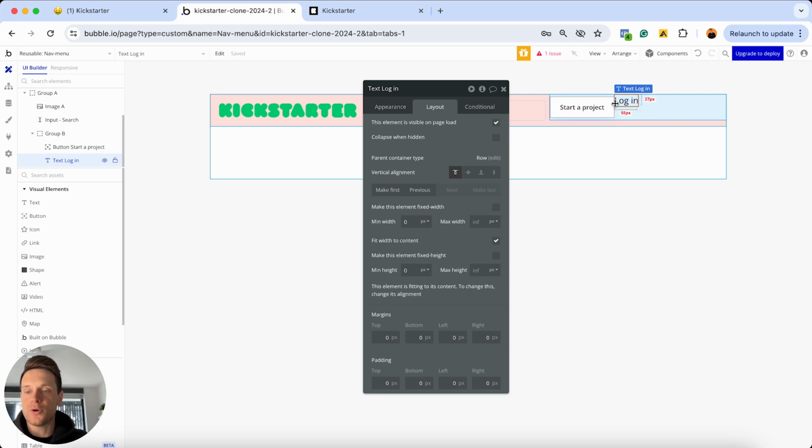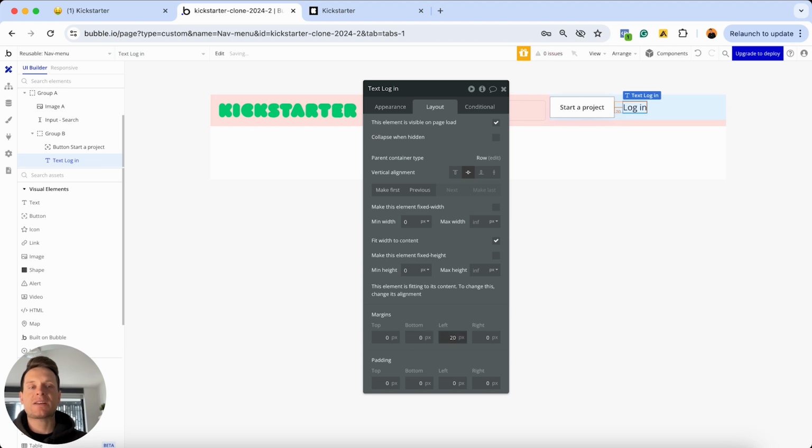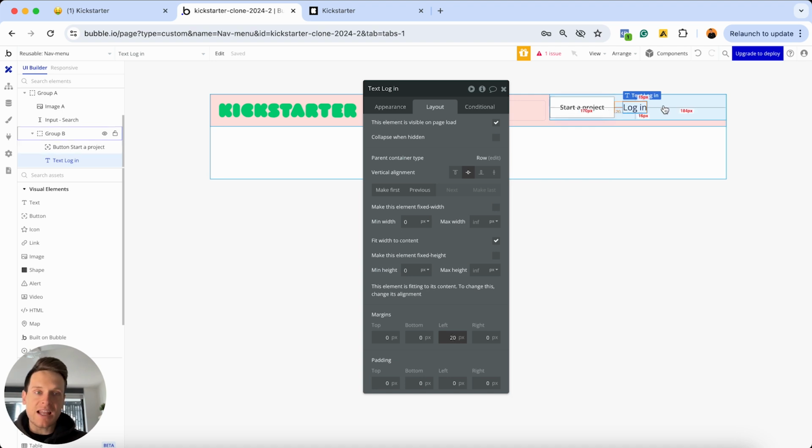It's not that important. The only other thing I'd like to change in my layout tab is, of course, I'd like to vertically align this text in the center. And then I'm just going to add 20 pixels of margin to the left side. So that way it is spaced away from my button. Now that is both of the elements, or I should say all of the elements that I want to add